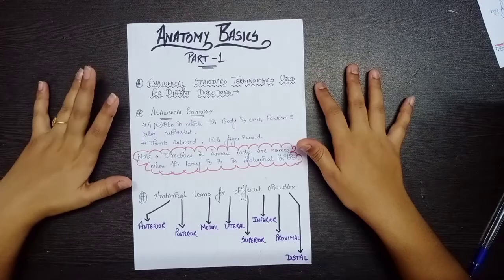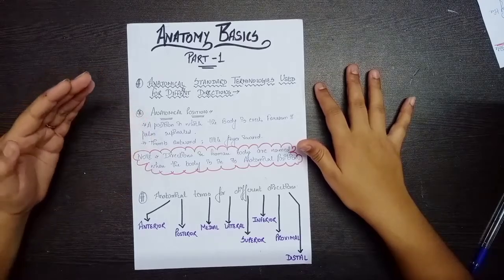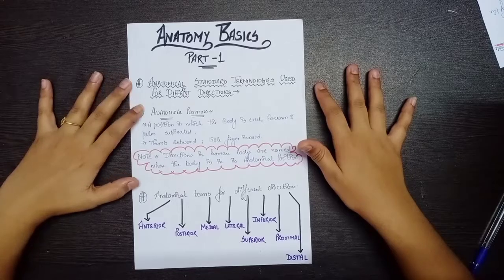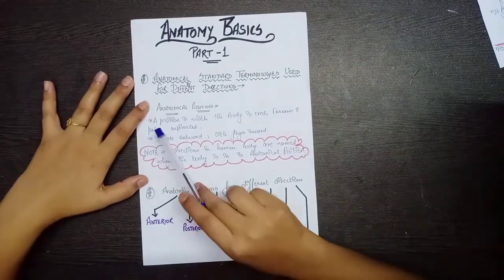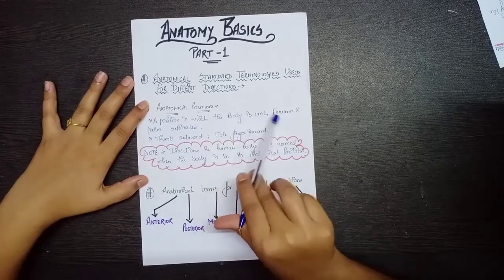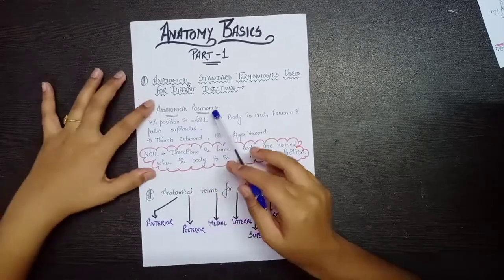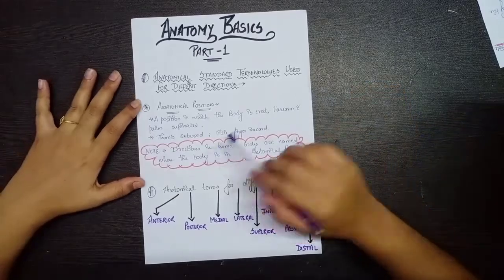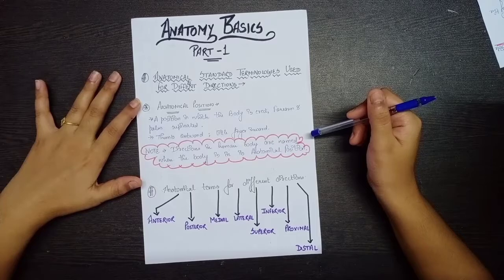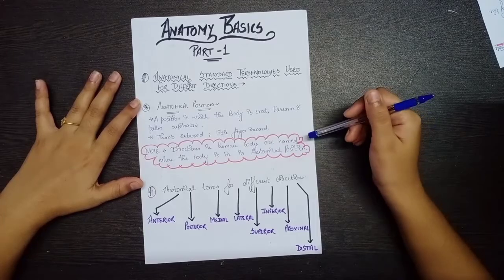Before going into the topic, we need to know what the anatomical position is. Anatomical position, as it shows here, is the position in which the body is erect or straight, and the forearm and palm are supinated. Another thing is the thumb is outward and the little finger is inward. Don't worry, I will be showing the diagrams and we'll go through the details of each and everything.